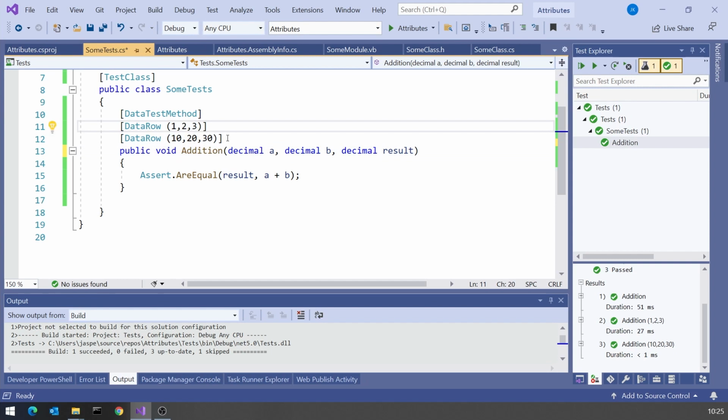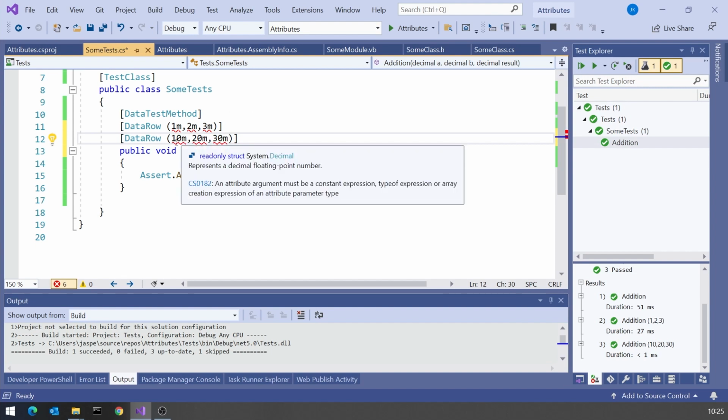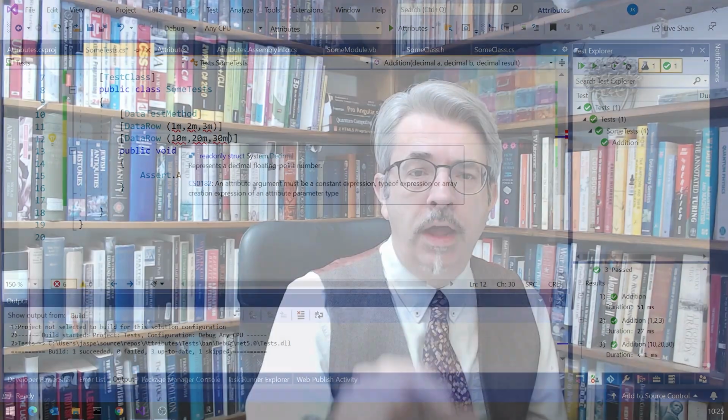Remember, we can indicate that these things are decimal literals by putting an M on the end, but actually immediately we do that, we are getting a bit of a problem, because it's saying, not very clearly, an attribute argument must be a constant expression, type of expression, or array creation expression of an attribute parameter type. And it's that attribute parameter type that is the problem, because decimal is not one of those.